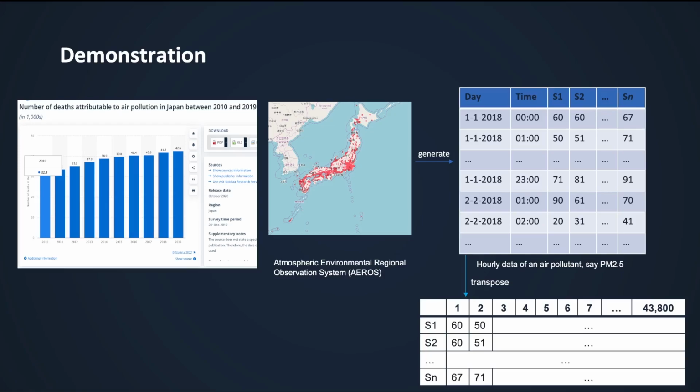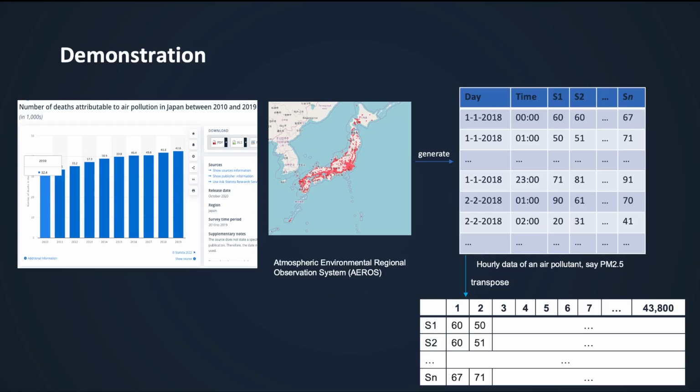This network is called AEROS. The AEROS system measures the pollution at hourly intervals. In this demo, we are going to use the air pollution data and try to cluster the sensors based on